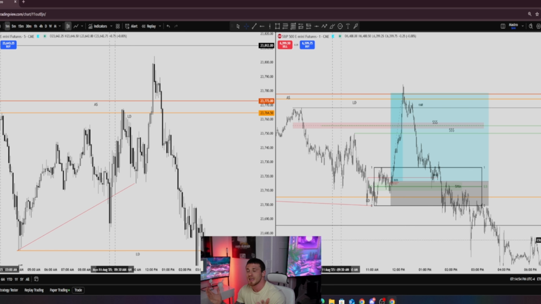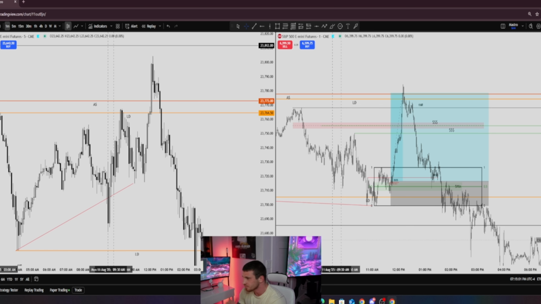That's saying, hey, we probably want to continue up here, right? And target some sort of draw on liquidity above, right? What do we do? Let's get onto the 5-minute time frame. We see our 5-minute break of structure. We see a 5-minute fair value gap form and 5-minute equilibrium.